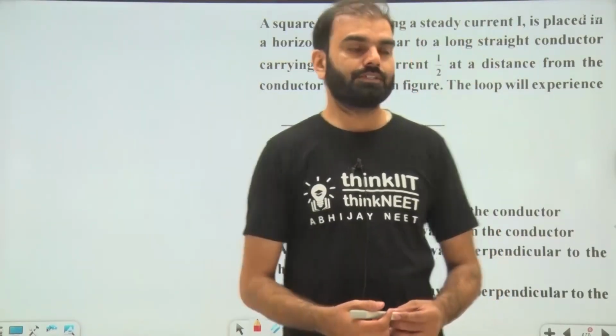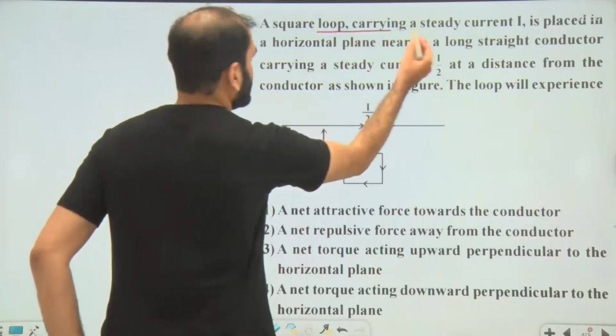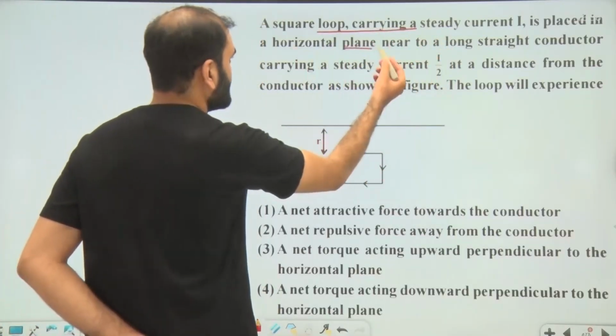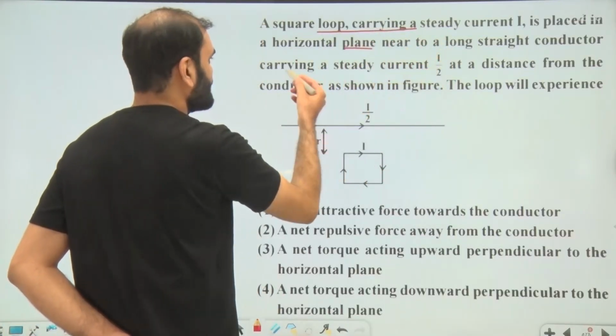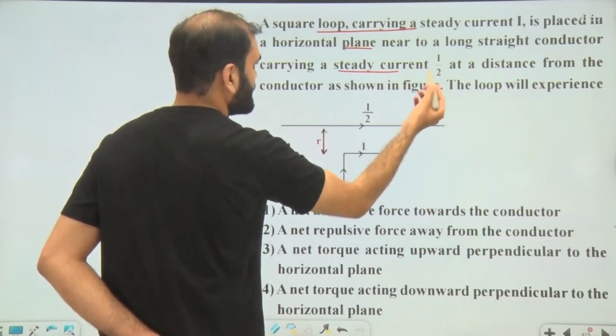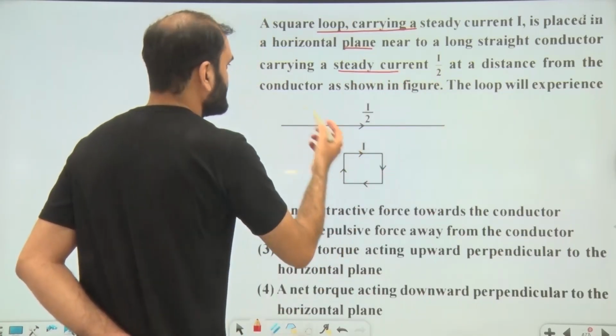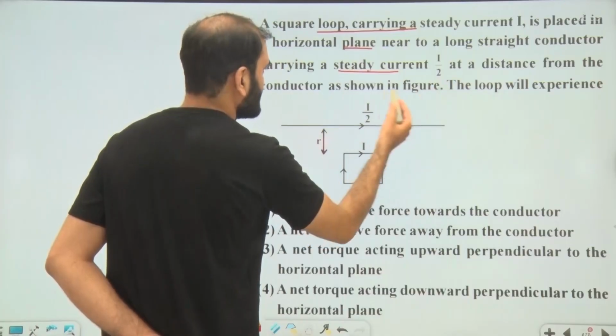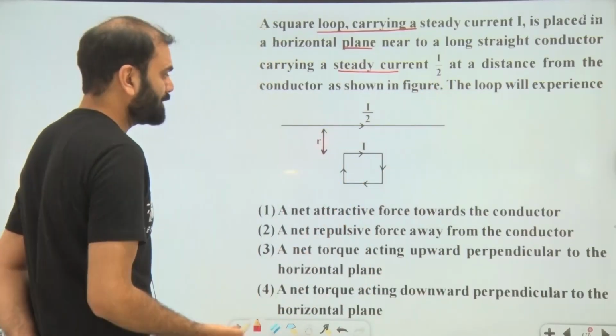Hello student, here is the question: a square loop carrying a steady current I is placed in a horizontal plane near a straight line conductor. The steady current in the conductor is I by 2, and the distance from the conductor is shown in the figure. The loop will experience: